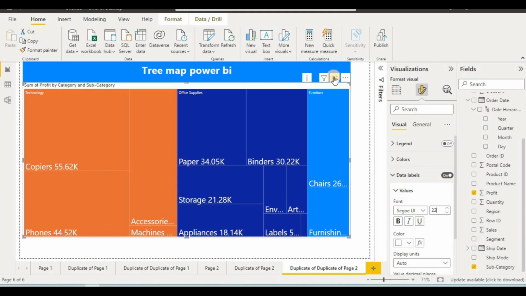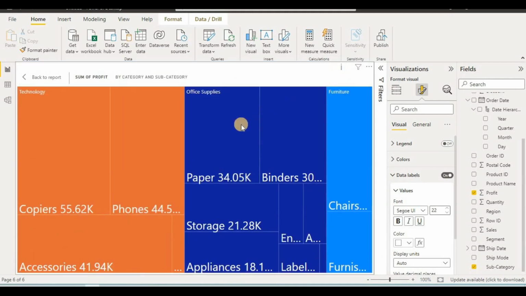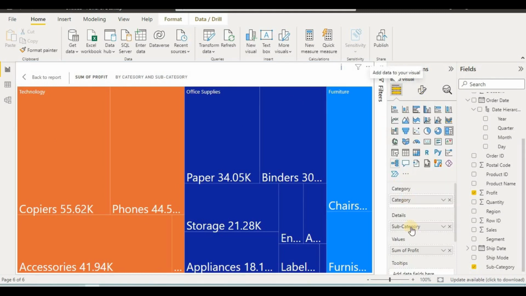And if you want to see it in focus mode, this will show our detail. So whatever values we put there, according to that it will show us a tree map which is in a hierarchical manner. So the bigger values will come first, on the first side, and the lower sizes will be on your right side. So on the left side you will get the higher values, and on the right